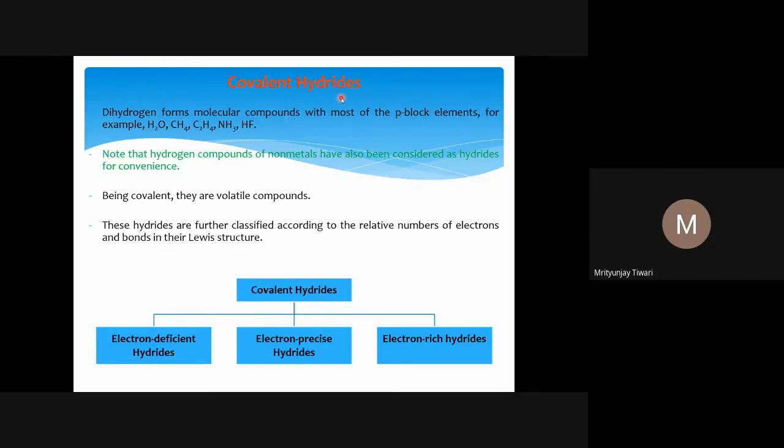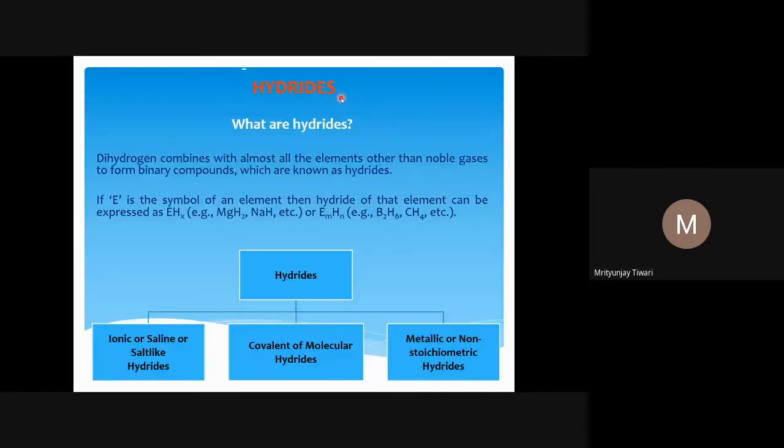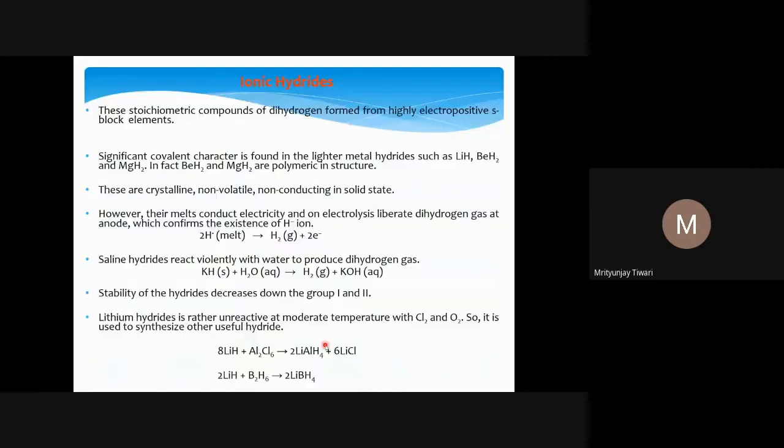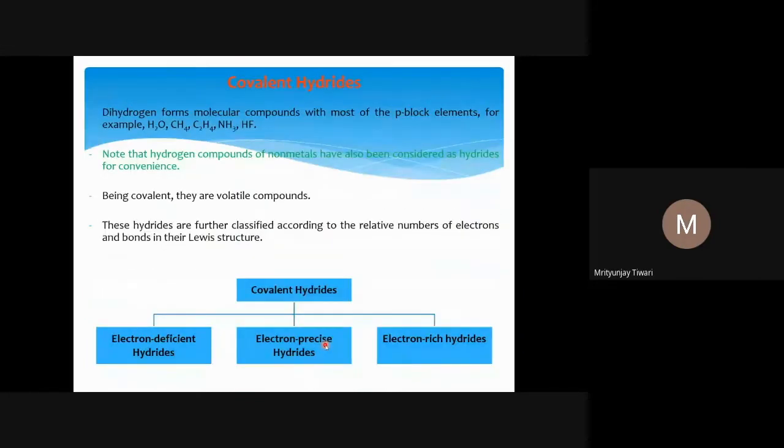So they are called covalent hydrides, or the other name is molecular hydrides, because they exist as molecules. They do not exist as ions or separate atoms or this kind of separate entities. One entire molecule has a separate existence, so they are also called molecular hydrides.